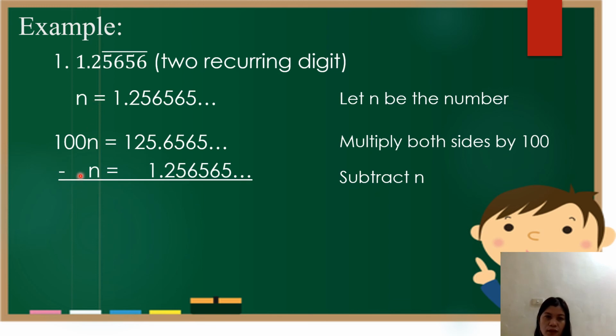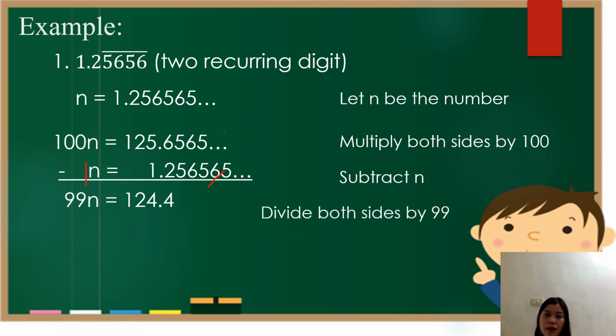So, understood that there is 1 here. So, 100 minus 1, that is 99n. 125.6565 minus 1.25656. So, this one here would be 0. So, 124.4. After that, divide both sides by 99. Okay. So, therefore, our n now is